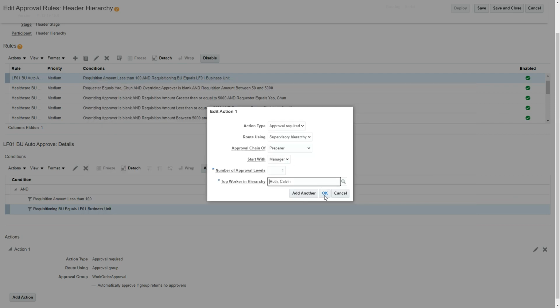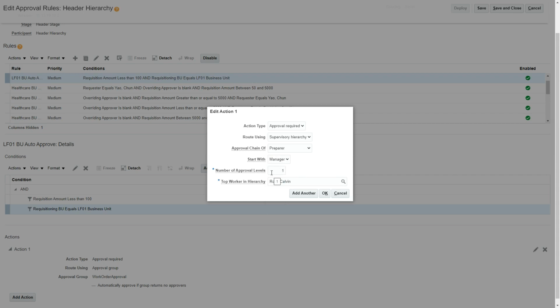So if I select my action as approval is required, it is going to go to the supervisor hierarchy. I want to go through the approval chain of the preparer. So who is the preparer on the requisition, or you can change it to a requester on the requisition, and then it's going to start with his manager.